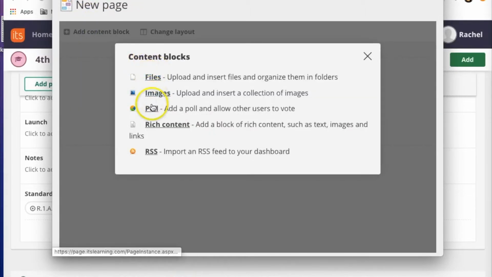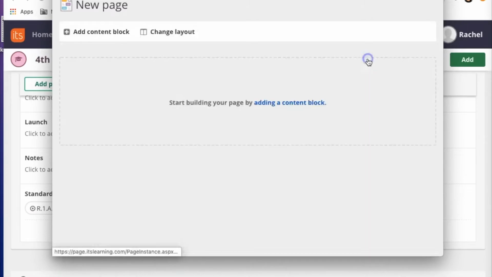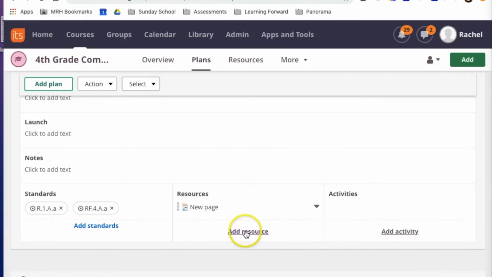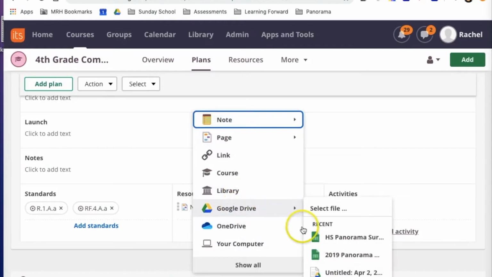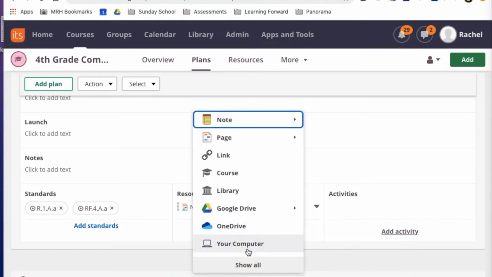You can upload a file, an image. You can have a poll where students vote on something, and then this has text and images you can type in. So you can add that as a resource, create one of those, or you can just upload something from your Google Drive for students to view, or any other file on your computer. The link is probably the most common because you can add a web link to the BrainPop video, or you can have a video